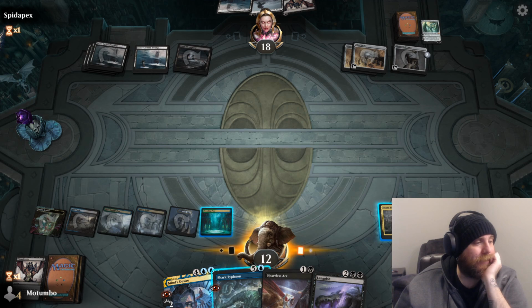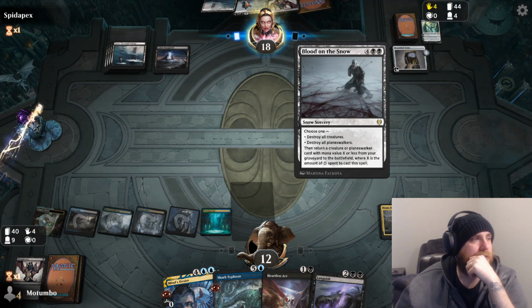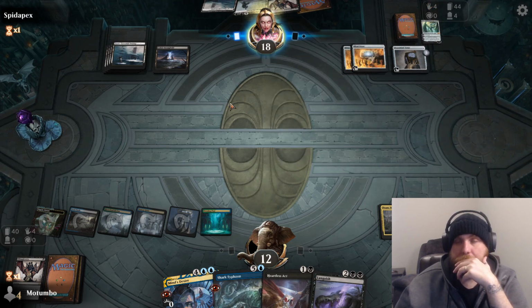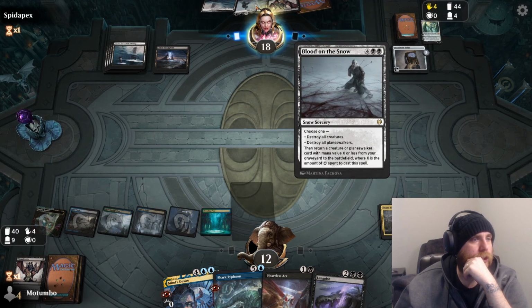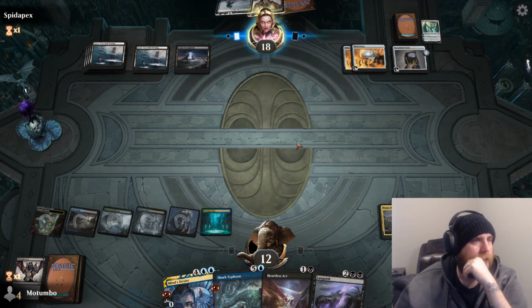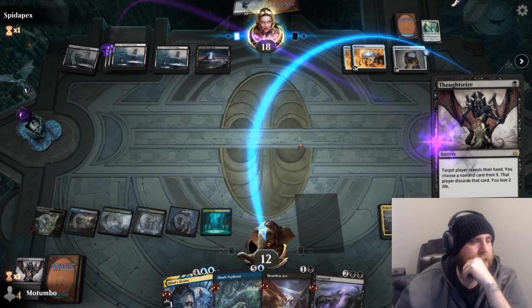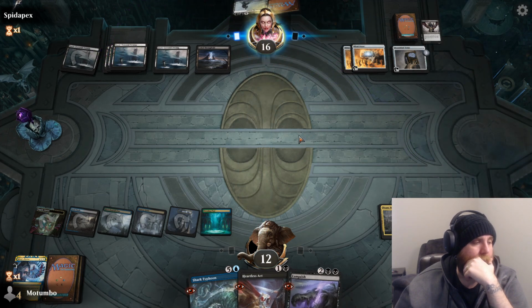I guess it doesn't really matter, right? Because they can just, they need 8. So they need 8 snow mana to get back Ugin. They can Thoughtseize us. I'm not really super concerned with Thoughtseize. I would probably take Shark Typhoon, but...